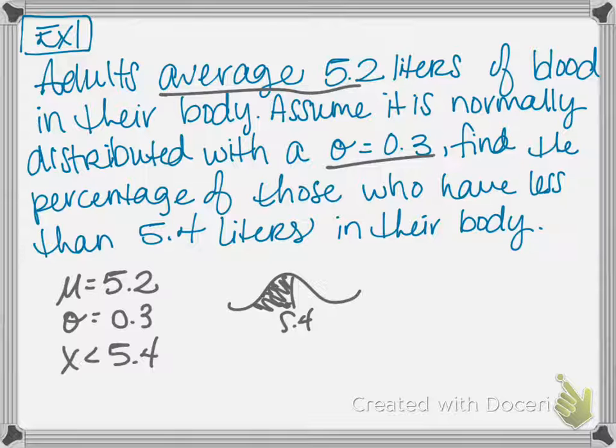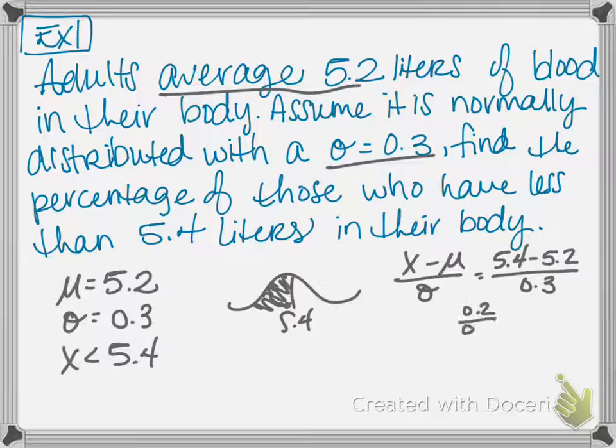So we're going to use that formula, which is the value minus mu over standard deviation. And we're going to plug things in. 5.4 is my data piece that they gave me. They said the average was 5.2, and we get a standard deviation of 0.3. And then from here, I go to my calculator. So I can't exactly show the calculator on here, but I will tell you what all my calculations are. First things first, I'm going to subtract the two numbers in my numerator, which is going to give me 0.2 over 0.3. And finally, I'll divide by that 0.3, and I will get